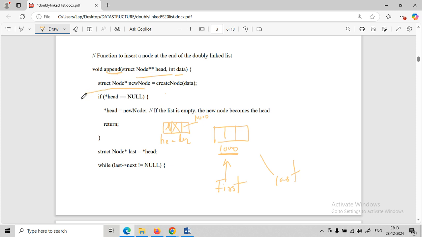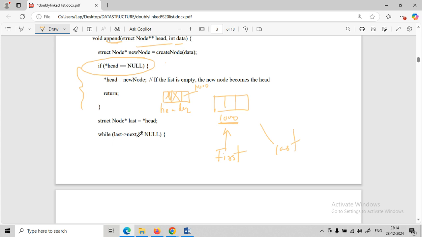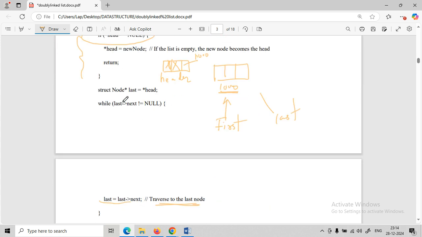If the head field contains the null value, then this part will execute. It means before the insertion of the new node, the head has the value null, then star head is equal to new node. Else, struct node star last is equal to head, which means if we have one node, then we traverse from left to right. While last next is not equal to null,